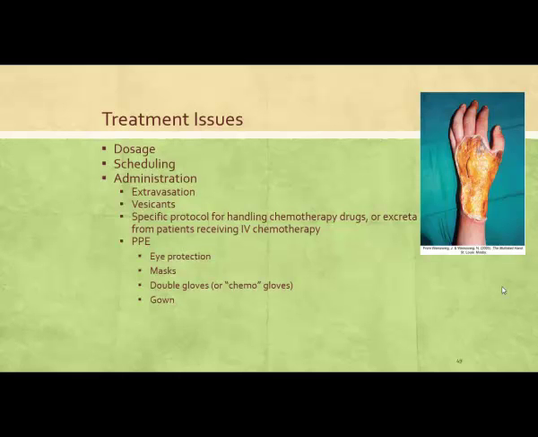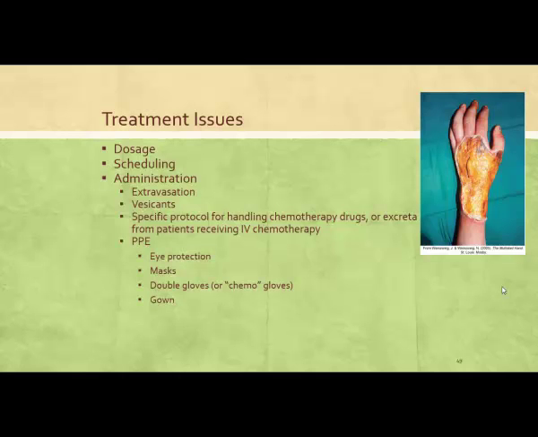We need to provide patient and family education because that's going to be critical in helping patients maintain optimal schedules for best outcomes. It also helps when we educate families with some of those side effects and preventing complications. When we think about administration, there are many ways to administer chemotherapy: IV, intrathecal, intravesicular, intraventricular, so lots of different ways. We can also administer oral cancer meds. And remember, it doesn't matter which way they're being delivered.